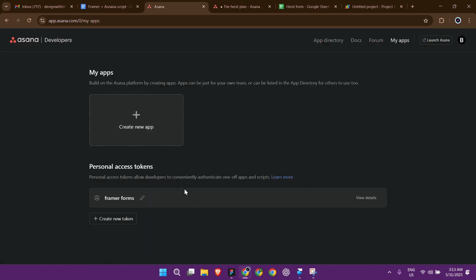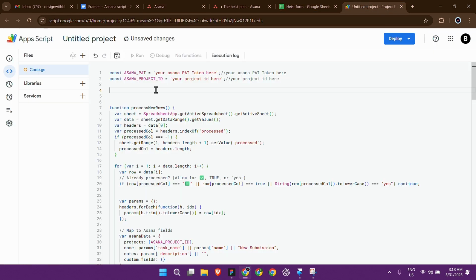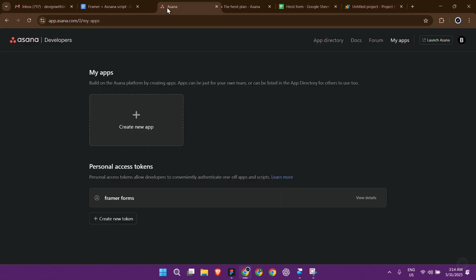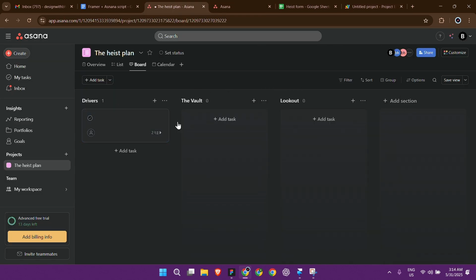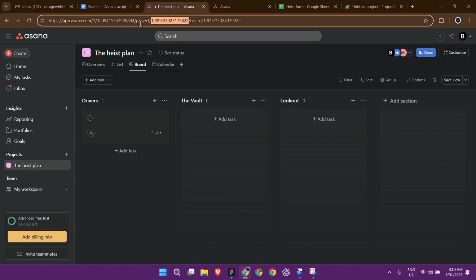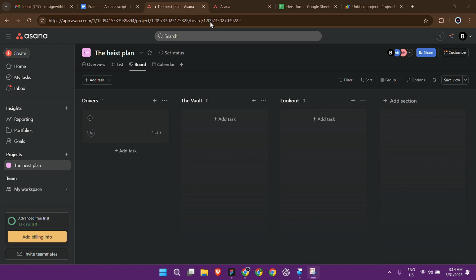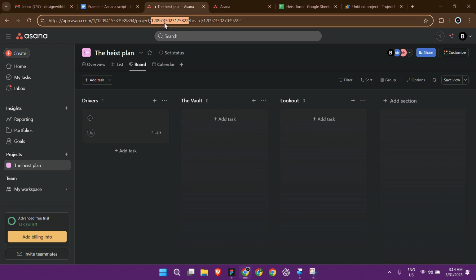Okay, I have a path token now. So go here, replace this area with the token. And for project ID, I go to the Asana project, and between the project and the board, I have a value that is the project ID. And this is the board ID. You don't need it. You just need a project ID. Copy it